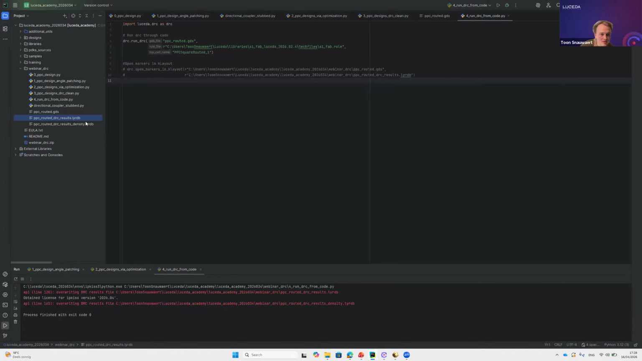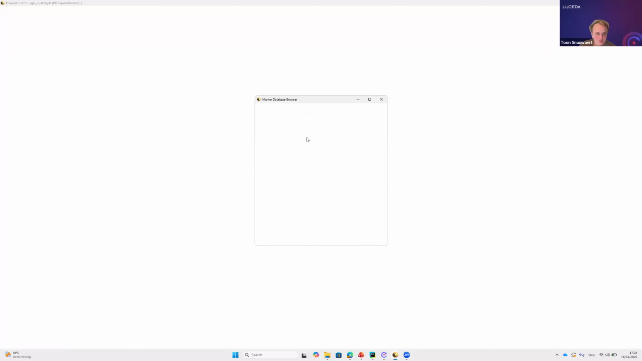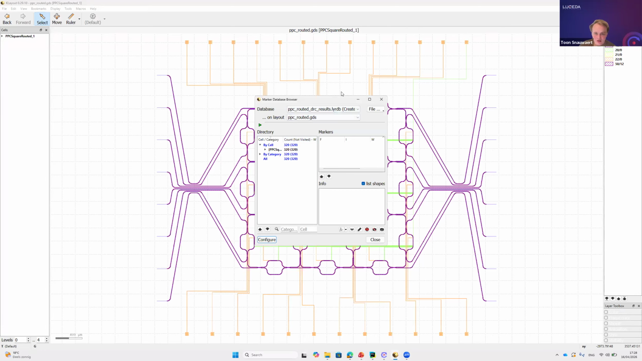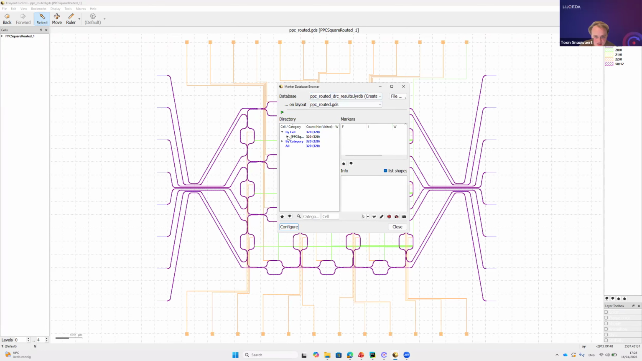And this is a marker database that can be opened in KLayout. Since we don't have access to the visualizer, we are able to open it in KLayout. Running it with this function, which gives you the same GDS file and the marker database that is the output of our run DRC functionality, we can now go into KLayout and have a look at the results that our engine detected. Here you can see